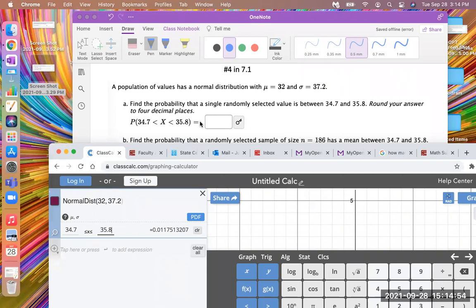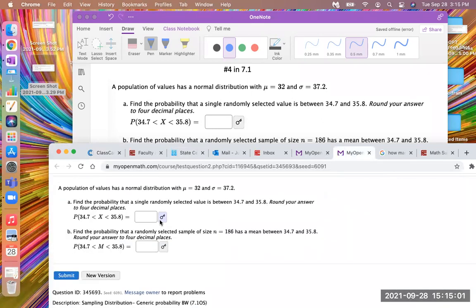Oh, and they said to 4 decimal places, yes. So we did get that. Let me just double check again that we got the 0.0118. Yes, okay. Then they said find the probability that a randomly selected sample of size n